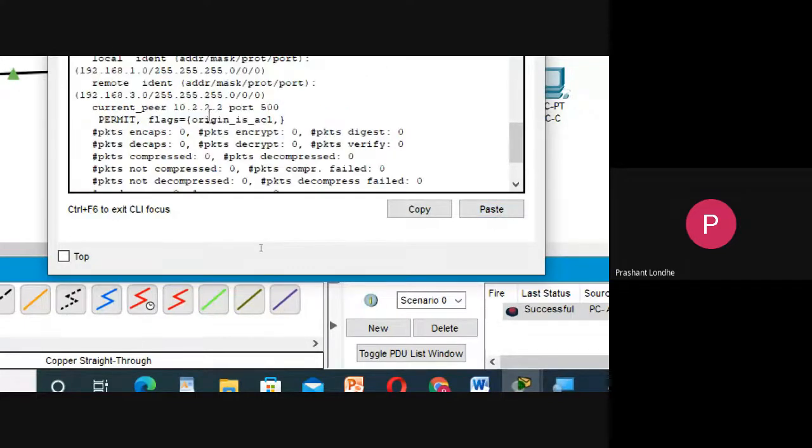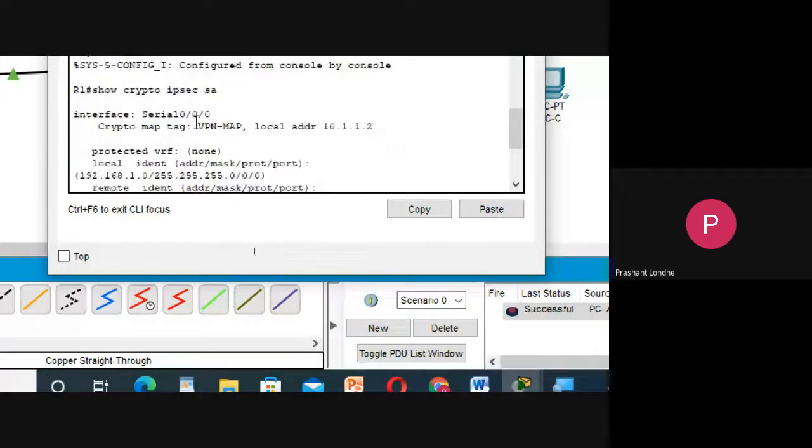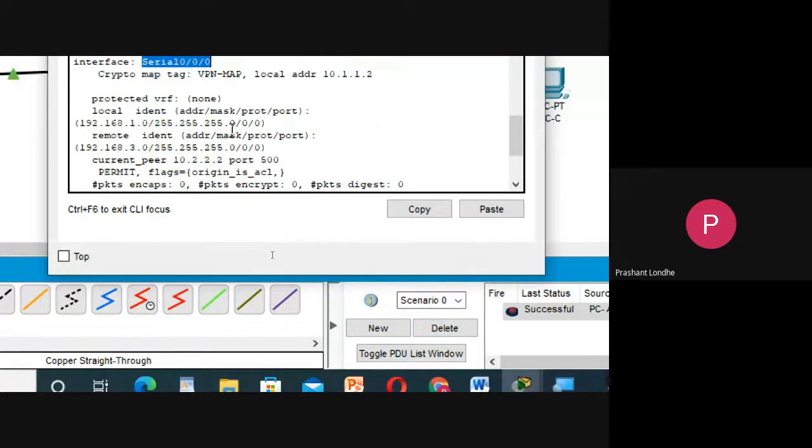So you're getting it. The name is VPN-map. The local address is 1.1.2. It is implemented on serial 0/0/0, and you can see all the local identifiers over there, that is 1.3. The remote identifier you are also able to specify, that is 3.0.